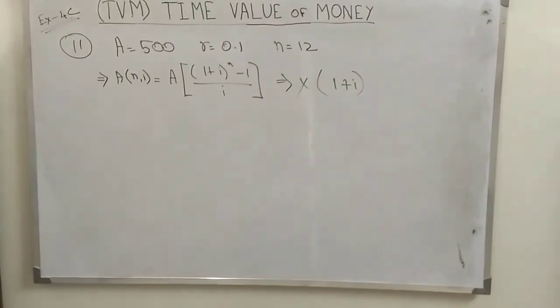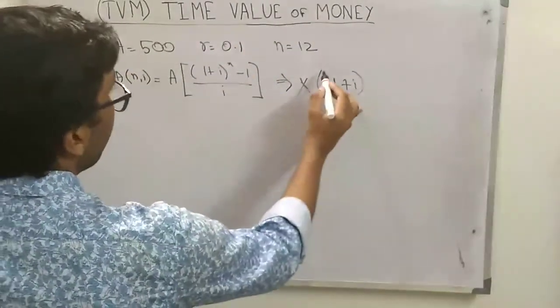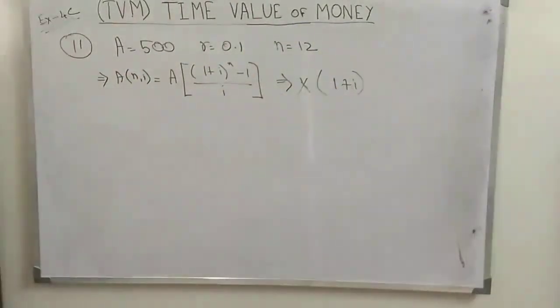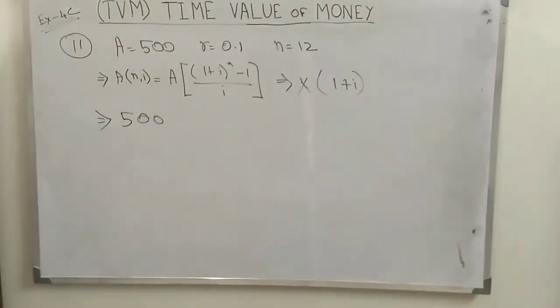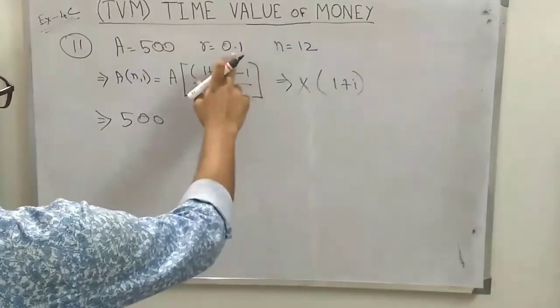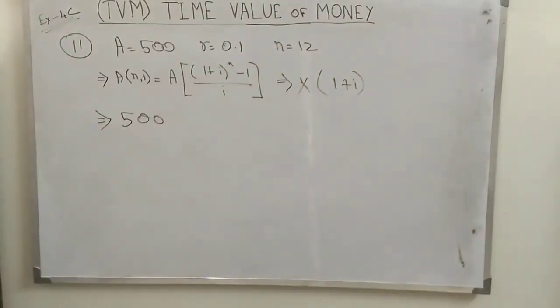Now 1 plus i, why we are doing this? That's because in the question it is said the amount standing to his credit 1 year after he has made his yearly investment for the 12th time. That means the present amount has been asked. I mean the starting amount has been asked. So whatever the value comes after calculating this, we are multiplying that value with 1 plus i. Now let us proceed. A is given as 500 into 1 plus i, that means 1.1 to the power 12. 1.1 to the power 12 stands